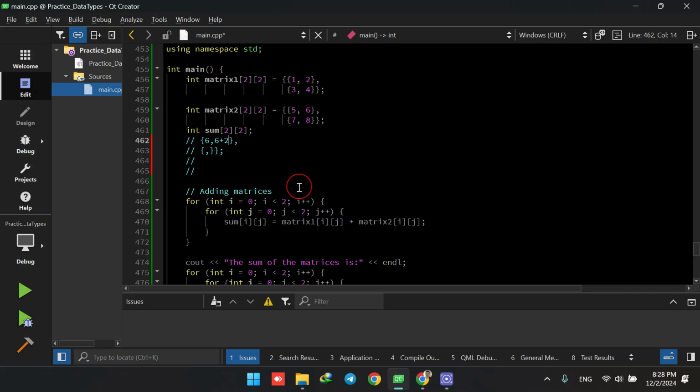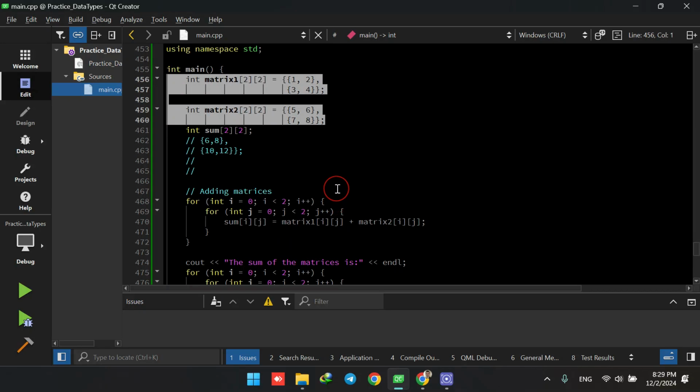So it is going to be 8. The same policy goes with the second row, first column number and the second row, second column, which is 8 plus 4 coming from this 4 and this 8, which means that it needs to be 12. So this is the sum of these